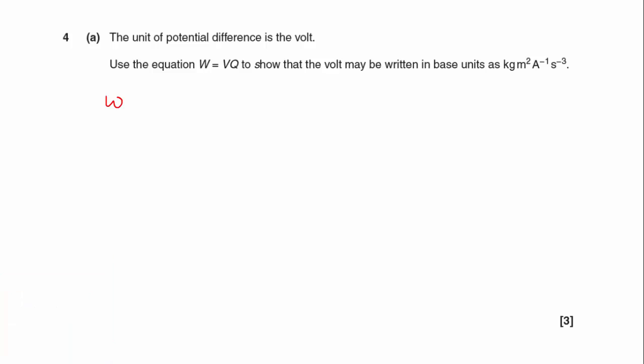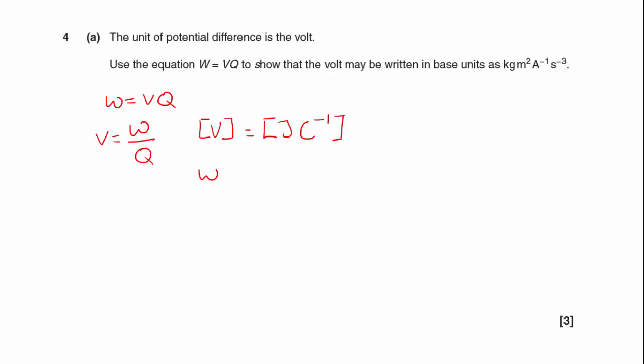So W equals QV, or VQ. What that's telling us is the work done is V times Q. So let's see what potential difference is. That's W over Q. Now if we look at the units, that's going to tell me that the volt is going to equal a joule per coulomb. So now we need to know what the defining equations are for joule, which is work done,